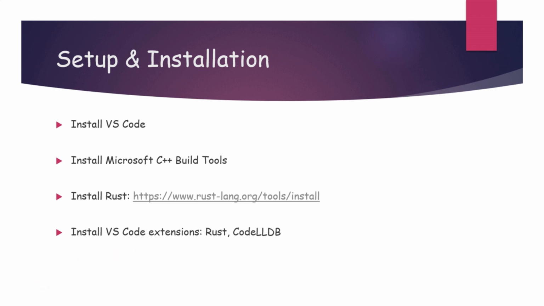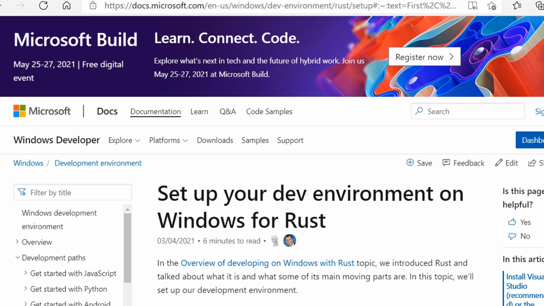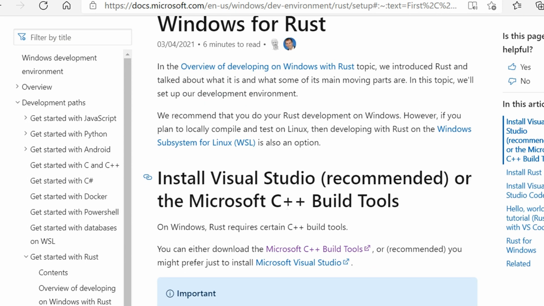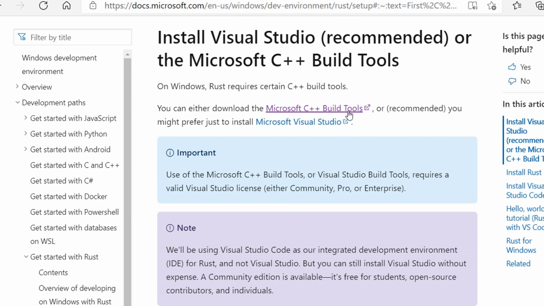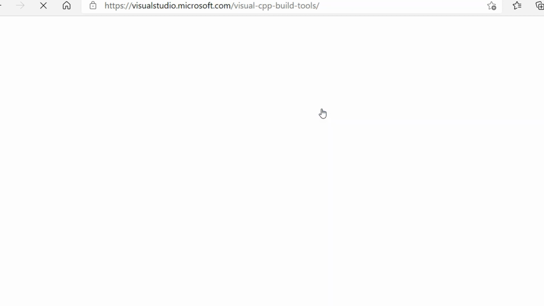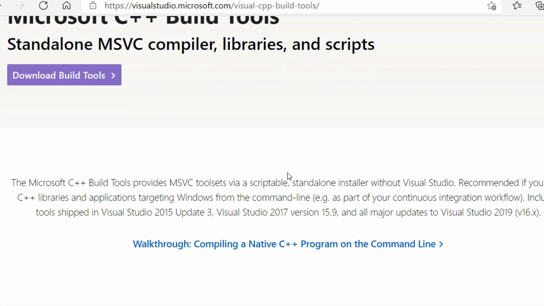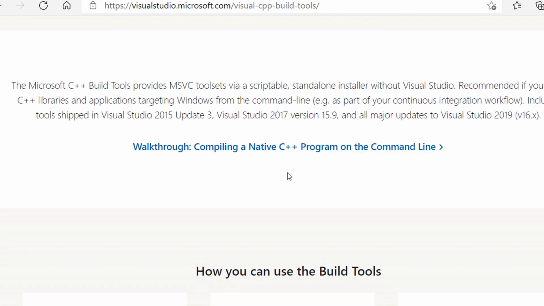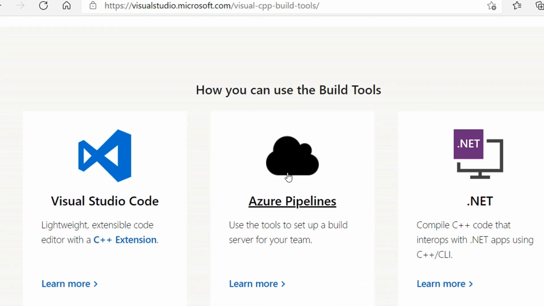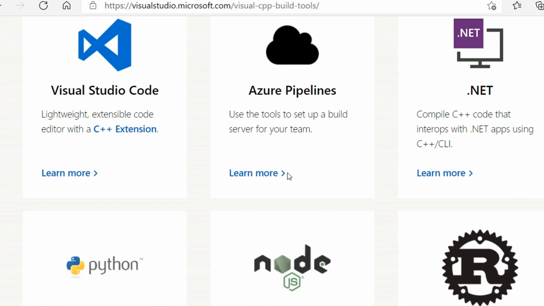So let's get started. First of all, you need to install VS Code. I have already done that. Once you have done that, you come here and install Microsoft C++ build tools. So just click on this link. There is another way to go through the Microsoft Visual Studio route, but I will follow the first one. Once you are here, you can see a download link on the top of the page. So we will click that and we will